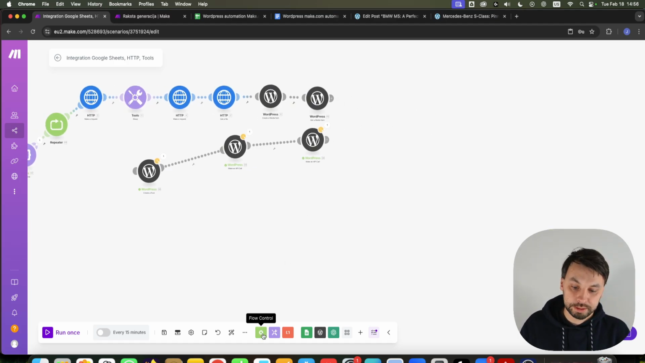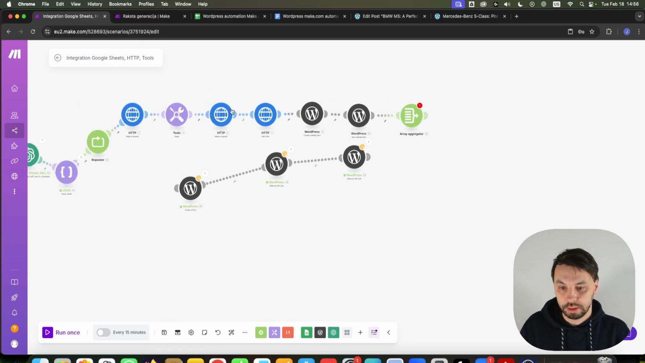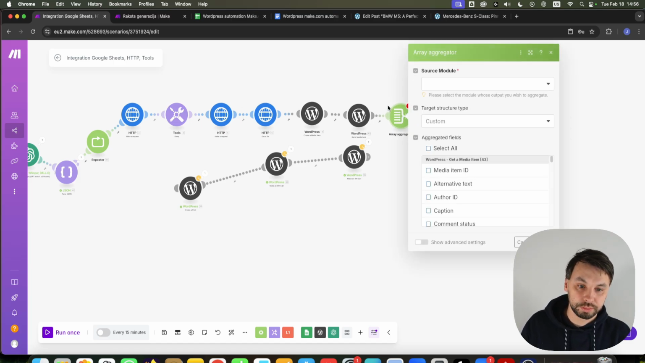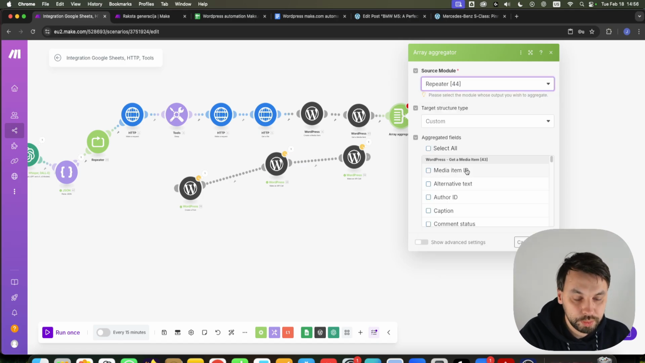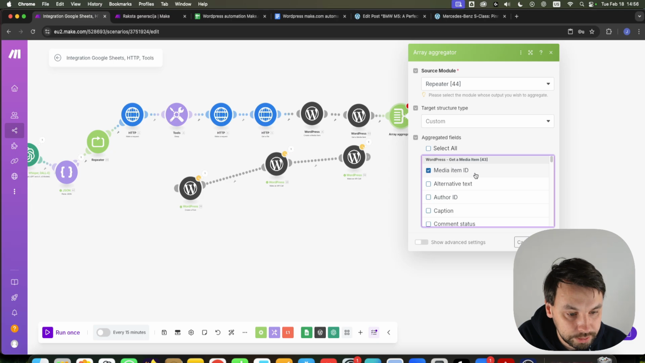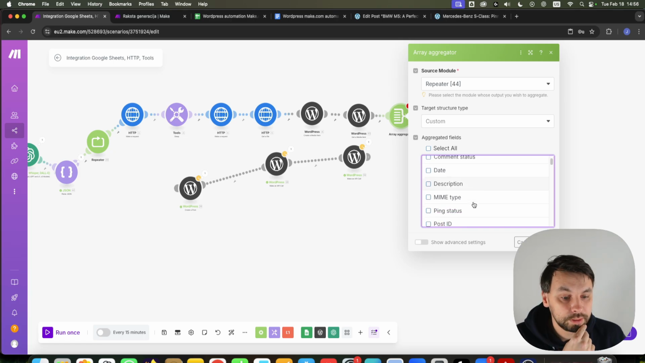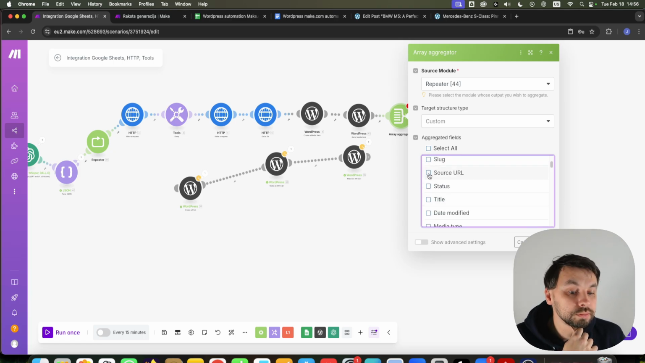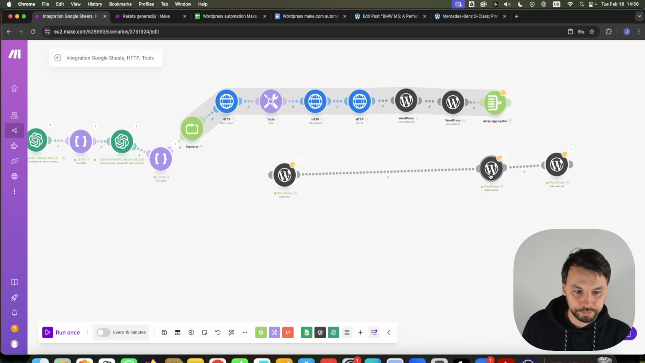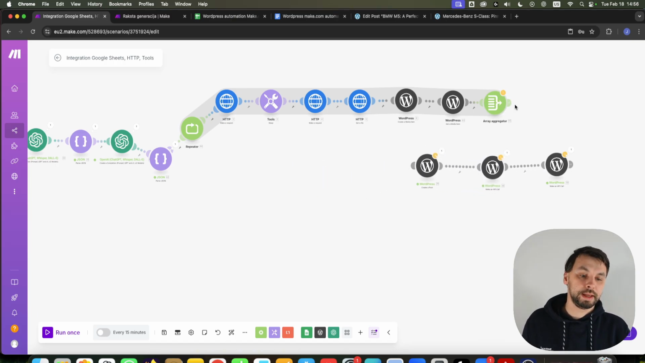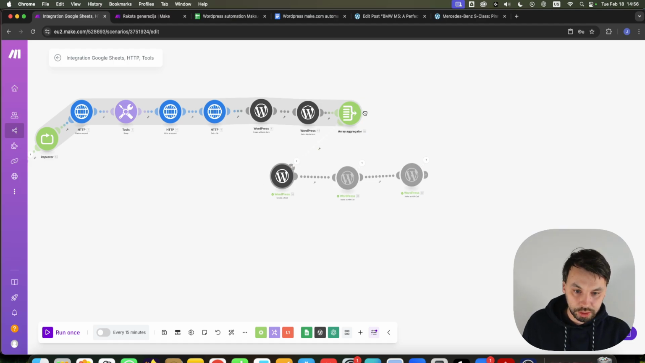And after it, we're gonna set an array aggregator, and we're gonna aggregate all the results that we get from these modules. So the source module will be repeater, and what we need to aggregate is media item ID, because for the featured image we will need ID, and for the images that we're going to include in between paragraphs we will need source URL. So like this, and we know that we're going to have 3 images, so we can connect this WordPress